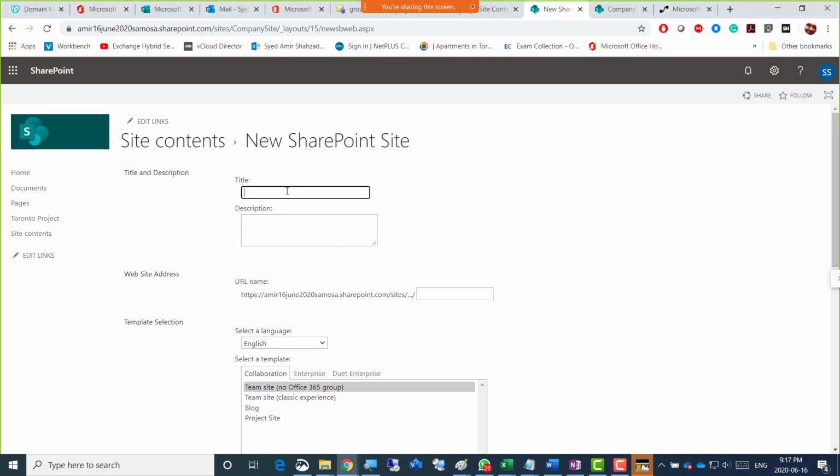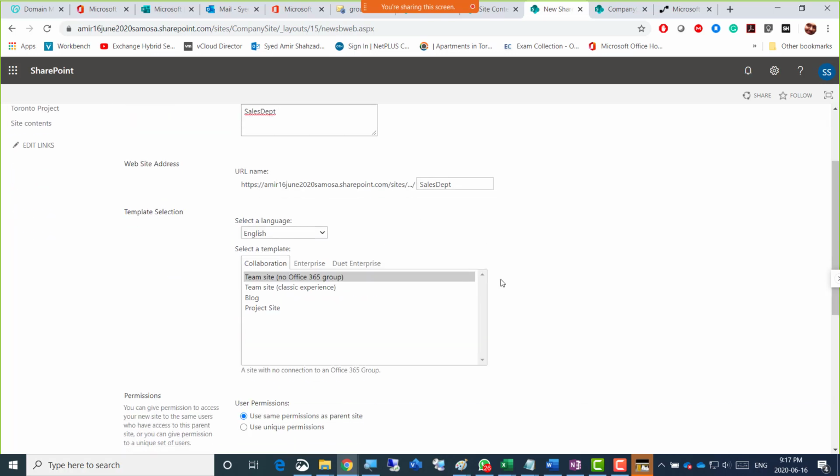Okay, so then there's that subsite, and then we can just type here, suppose the department name, so sales DEPT, and Control A, Control C, and then description. So here you can see that it's going to be after the sites, and then there's a company site, and then sales DEPT, right? So it's not really showing here, but it's going to be a longer link now. So sales department, and then there are templates that you can choose from.